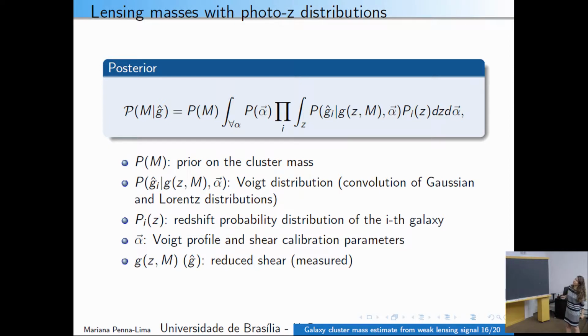This alpha here is a set of parameters which includes both the shear calibration and the void profile parameters, specifically for Weighing the Giants. This void distribution: they use the STEP1 and STEP2 simulations. These simulations were carried out to fit the Subaru